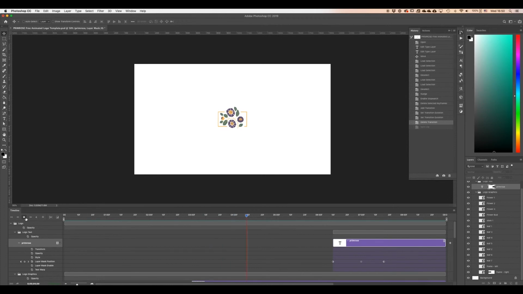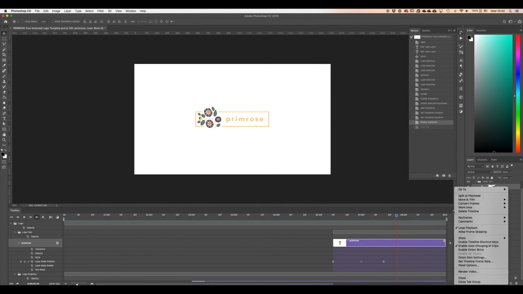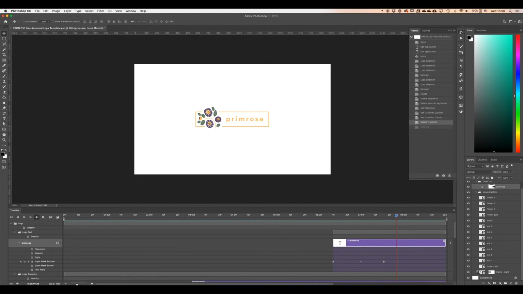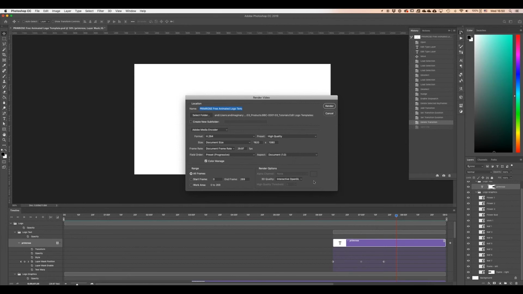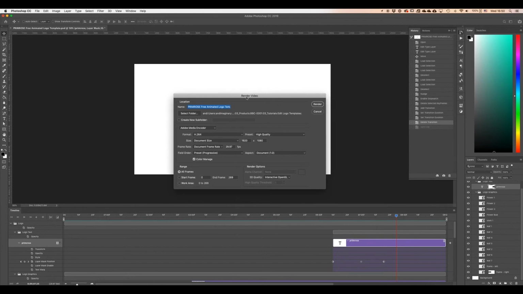So if we are satisfied with the animation, then I go to here to this little menu to export it. I go here down to render video. And here on this render video panel, I can choose the file name, select the folder, and set up the format. I like to keep it at